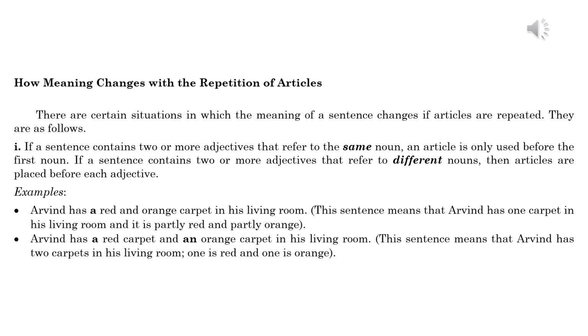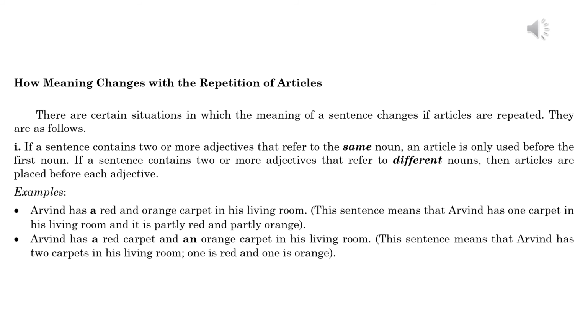How meaning changes with the repetition of articles. There are certain situations in which the meaning of a sentence changes if articles are repeated. They are as follows. 1. If a sentence contains two or more adjectives that refer to the same noun, an article is only used before the first noun. If a sentence contains two or more adjectives that refer to different nouns, then articles are placed before each adjective. Examples: